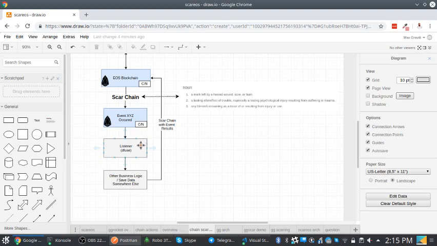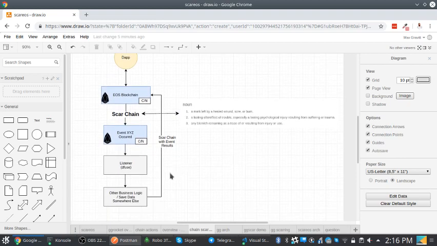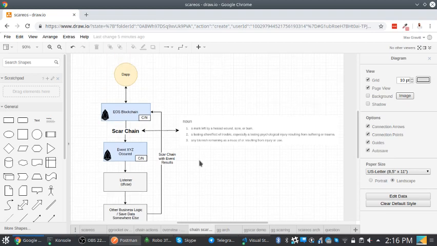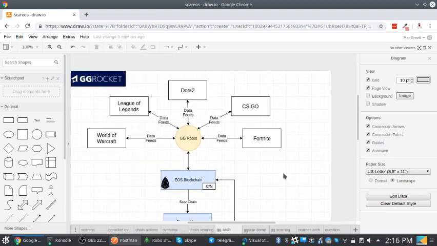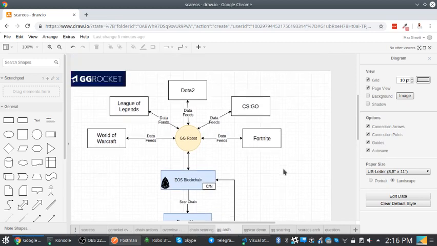But dfuse uses a WebSocket, which, at least in my experience, has proved to be a great solution to this problem. Then we can perform other business logic off-chain, and if we need to, we can then come back and scar the chain with those event results. So here's just a little more detail of how that plays out in the ggRocket solution.